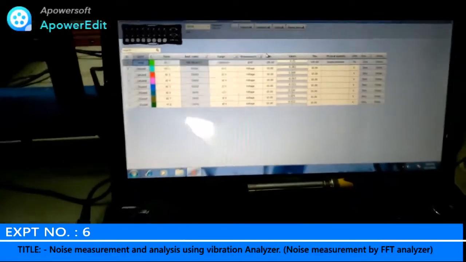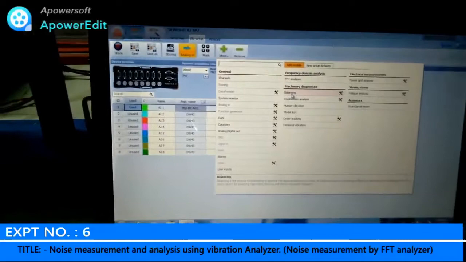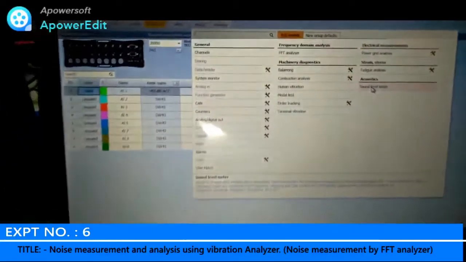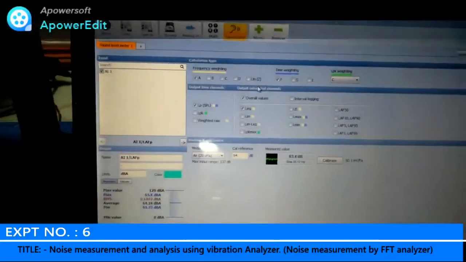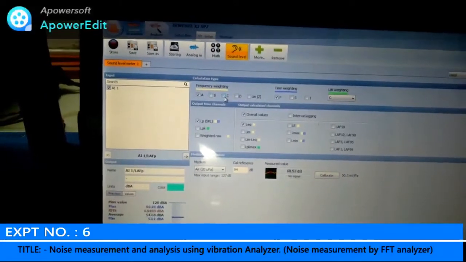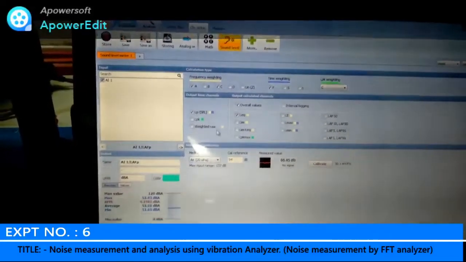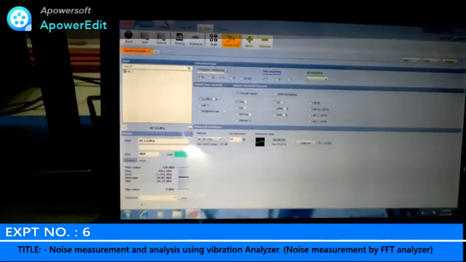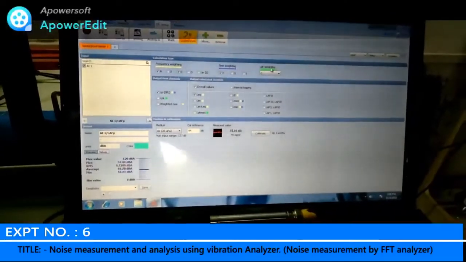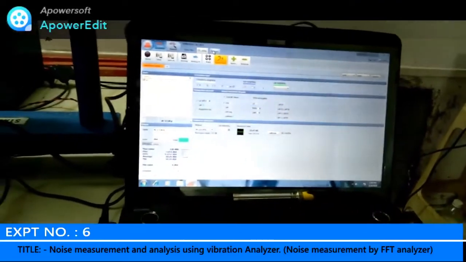Then we click OK. Right after that we need to go to More, and there we have to select sound level meter, clicking over A, C and F. Then we click OK, and this finalizes your setup.